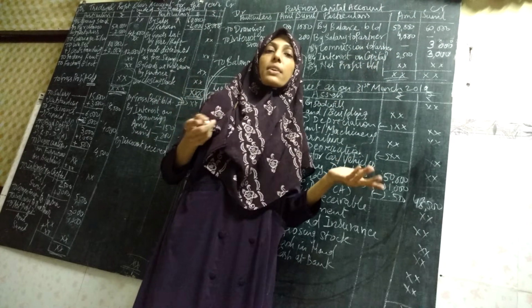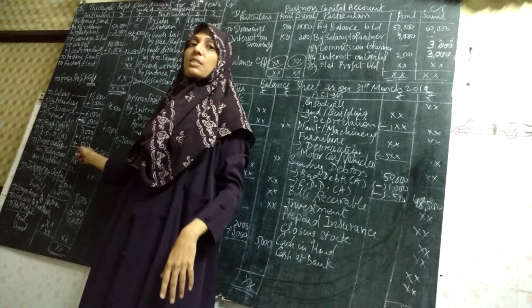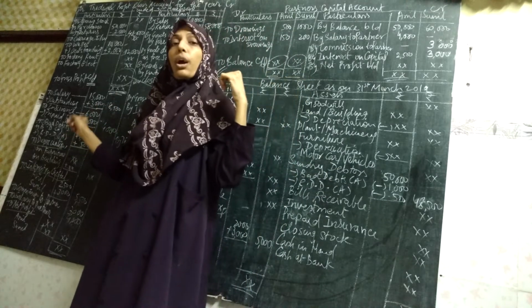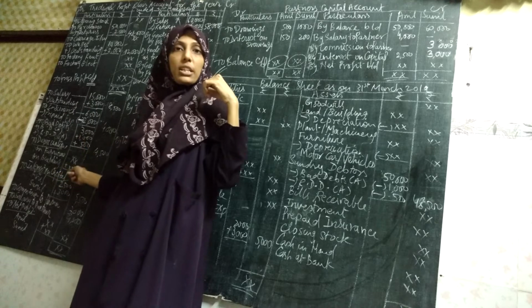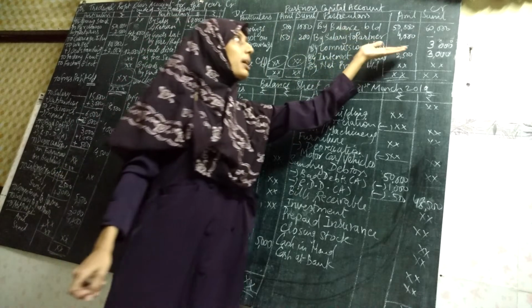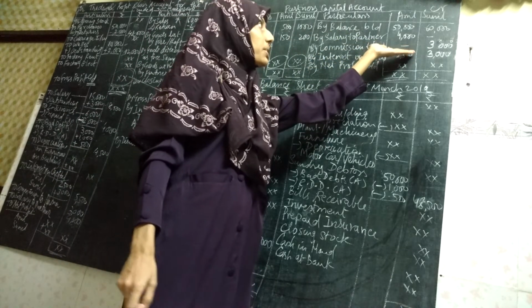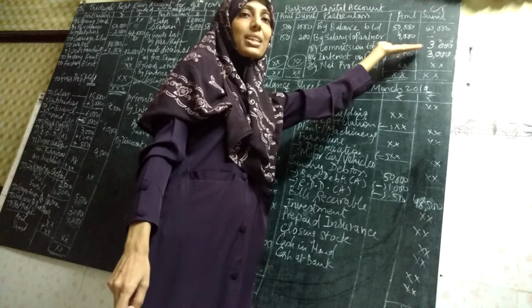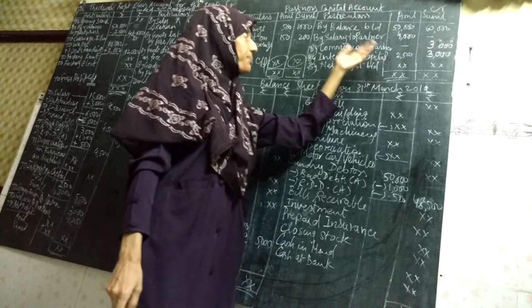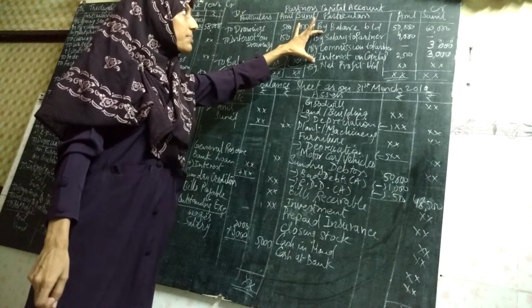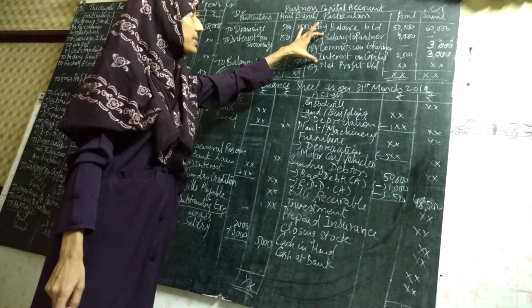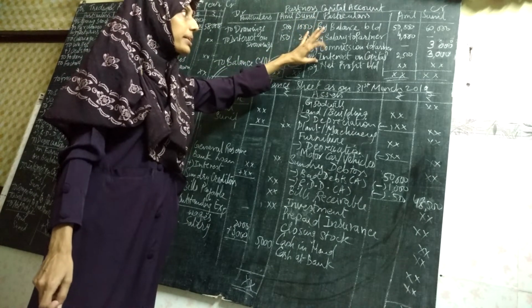They are receiving it from the business. The business is paying it to them. So it is an expense for the business, shown on the debit side of the P&L account, and it is a benefit for them. They are receiving, they are getting the benefits. It is shown on the credit side of the partners capital account. So these are certain adjustments. These are the three adjustments that are given in the question: salary to partner, commission to partner, interest on capital.